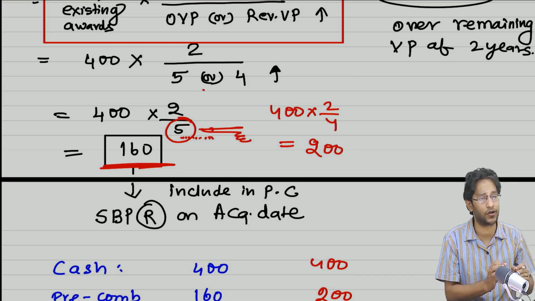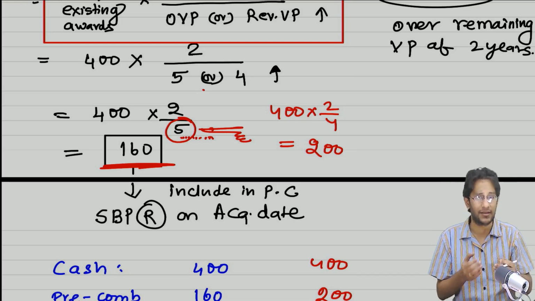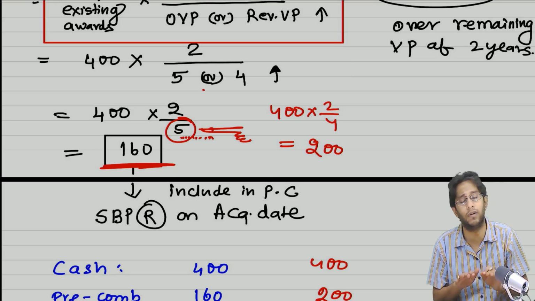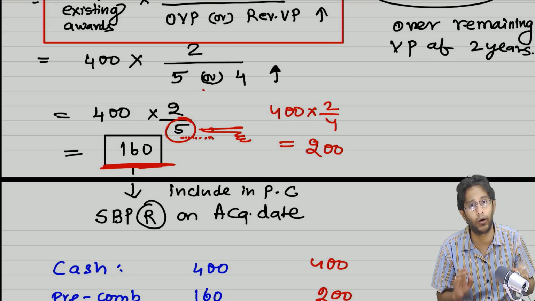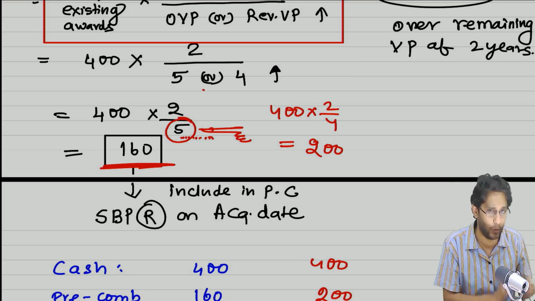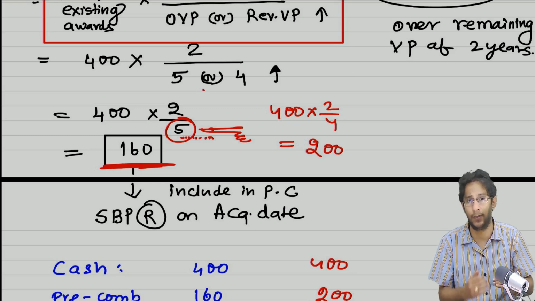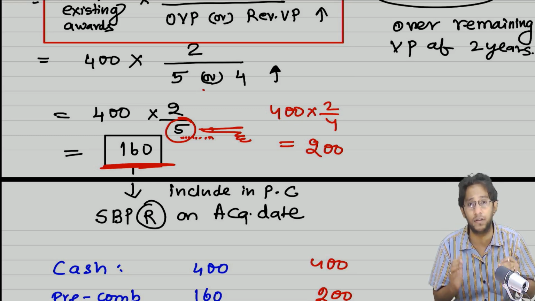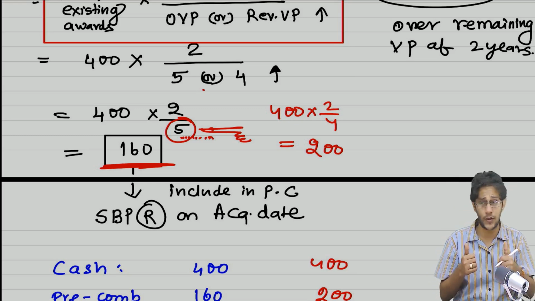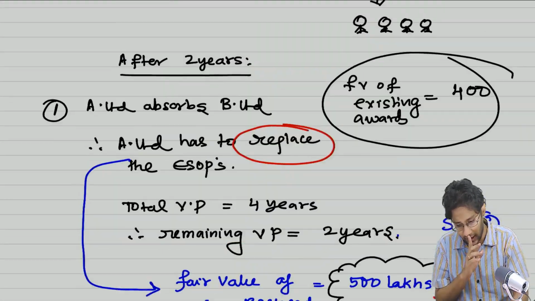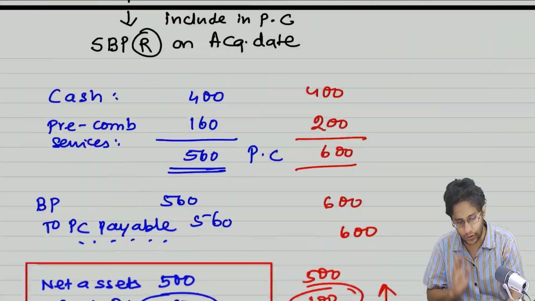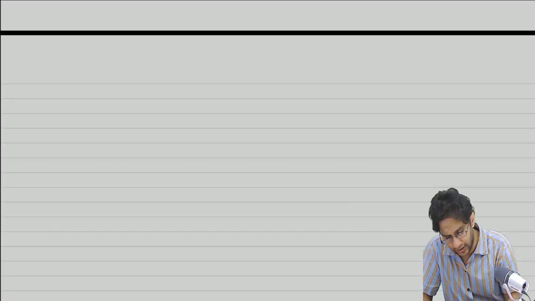My goal is simple. It is service valuation, which is an arbitrary indirect valuation. If service valuation is kept low, goodwill also will be kept low. If you increase service valuation, goodwill also will increase. I don't want to increase an unverifiable asset like goodwill. Therefore, I want to keep this service valuation low. That's why the standard is asking you to take whichever is higher as the denominator. So that's the logic for this case. This is when you have replaced. In an absorption case, same story, but look at a different scenario.